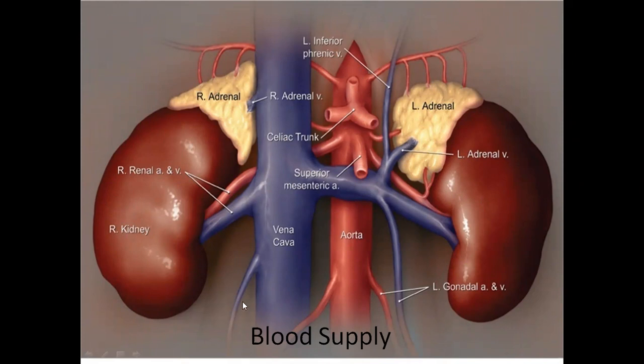We can also look at the blood supply. If you look at this picture, we can see the suprarenal gland has 3 sets of arteries on each side. This is the right suprarenal gland, 1, 2, and we also have from here 3. That means we have superior suprarenal artery, middle suprarenal artery, and inferior suprarenal artery. The superior and middle suprarenal arteries, we can see, come directly from the aorta, whereas the inferior suprarenal artery comes as a branch of the renal artery.